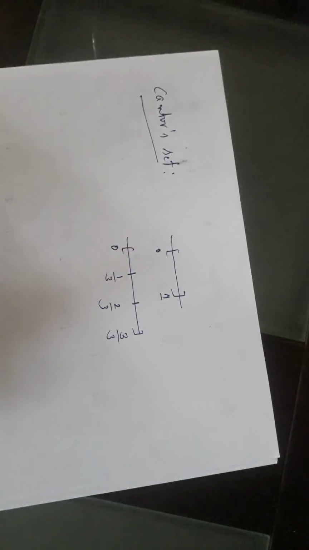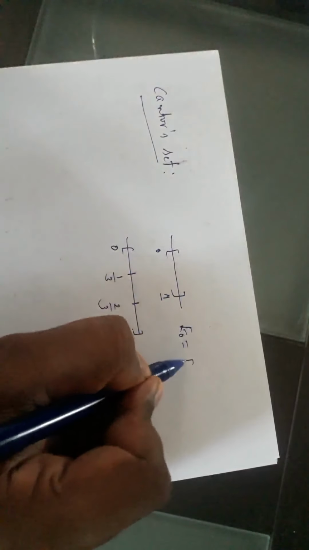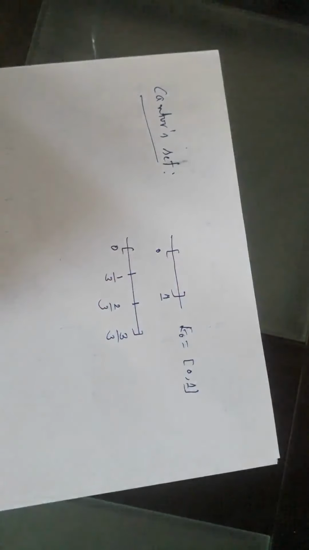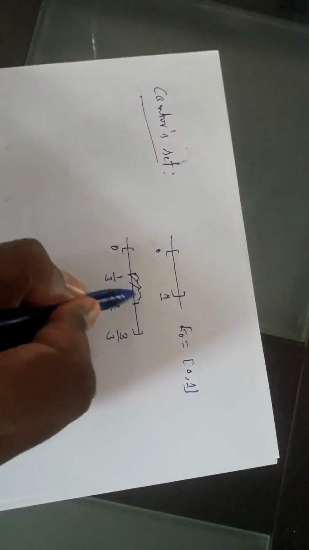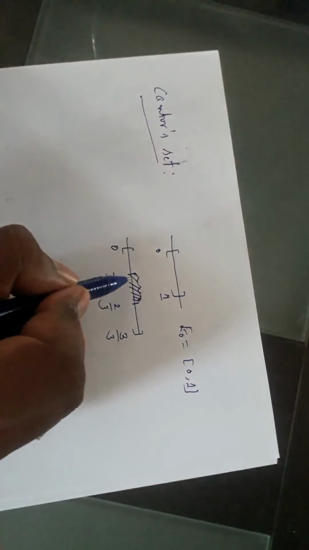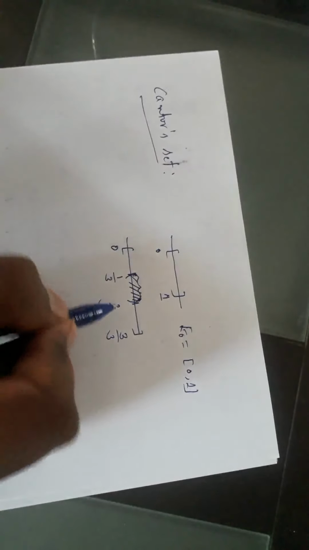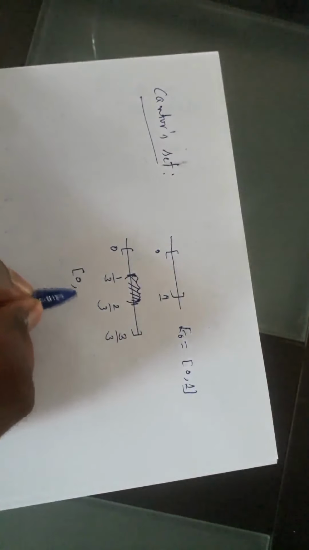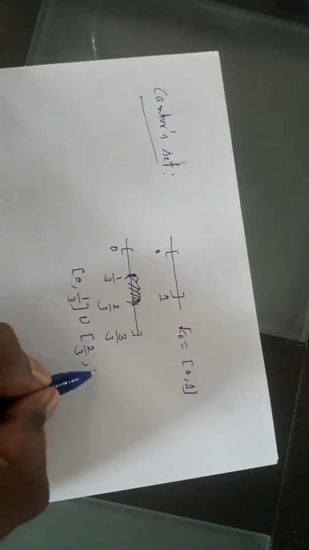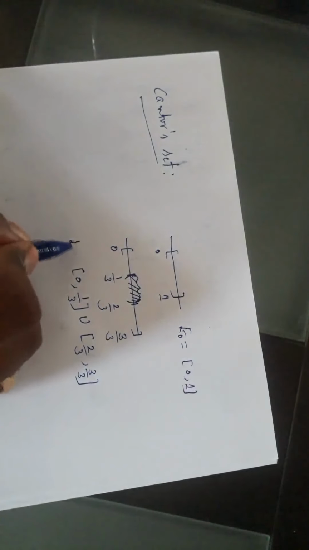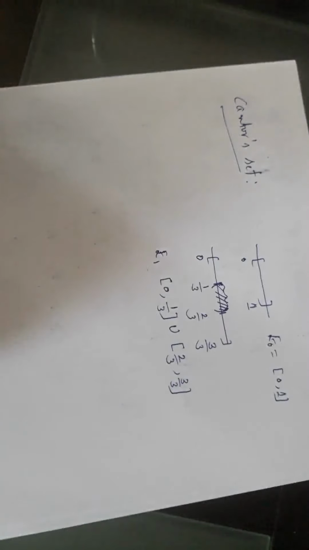Now, what is the next thing? First we were here, let me say this is E0, the open interval (0, 1). Then what you do is, the middle part is there, no? You remove this. You cut this from 1 by 3 to 2 by 3, the open interval 1 by 3 to 2 by 3, you remove it. So how will it look then? It will look like 0 to 1 by 3 union 2 by 3 to 3 by 3. Let me say this is E1. Is it clear? Next, what else do we need to do?